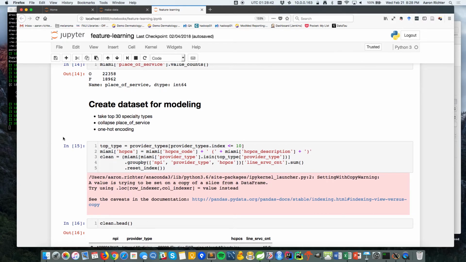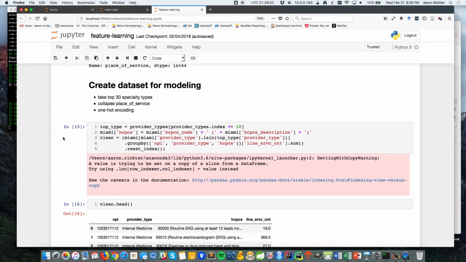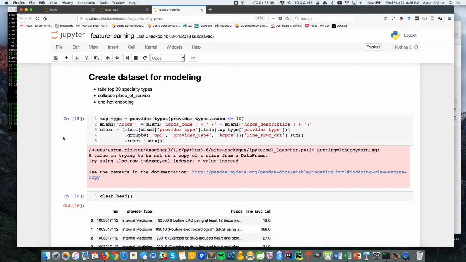We're basically going to limit our data set down even further. So we're grabbing all doctors in Miami. We're grabbing only the top 10 most frequently seen doctors. And we're going to clean this data set for prediction. So what we're doing here, again, I'm flying through this. You can go grab the code, ping me on Slack or whatever if you have some questions.